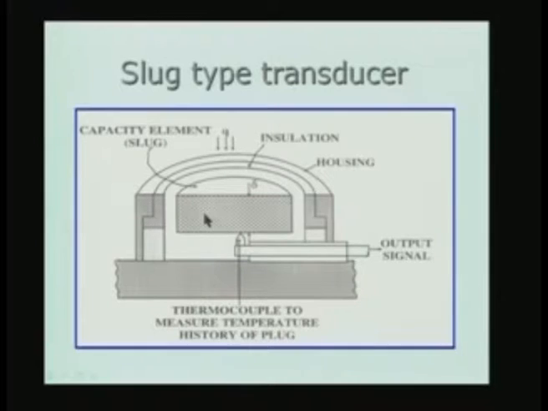And of course, in practice you will have to insulate or isolate the slug from the rest of the space. And so what you have is a casing or housing, and the entire slug transducer is mounted on a base, and the temperature of the casing or this housing is assumed to be held at a value which is probably equal to the temperature of the slug before the start of the experiment. So the initial temperature and the final temperature for the housing is supposed to be the same.